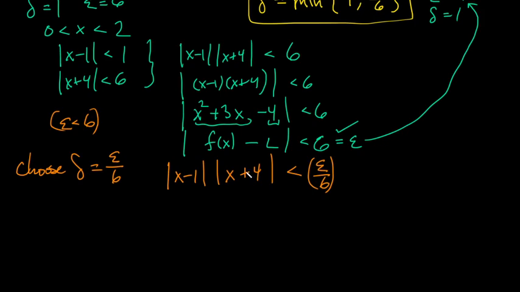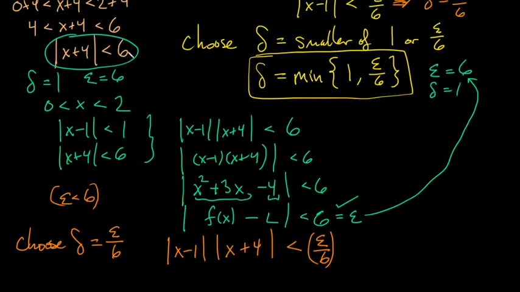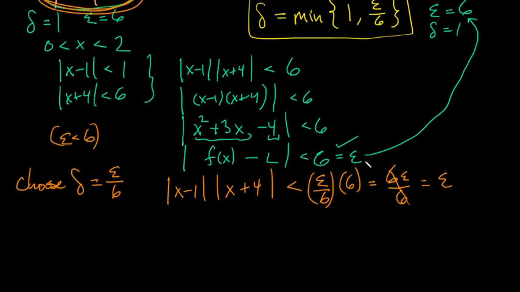But remember, the absolute value of x plus 4 has to be less than, I'm sorry, I didn't mean epsilon, I meant 6. Remember, absolute value of x plus 4, way up here on the upper left, has to be less than 6. So we get 6 epsilon over 6. The 6's cancel,